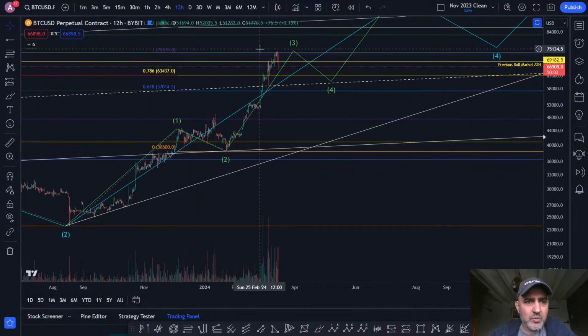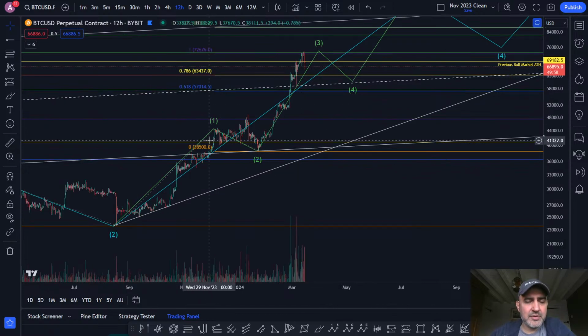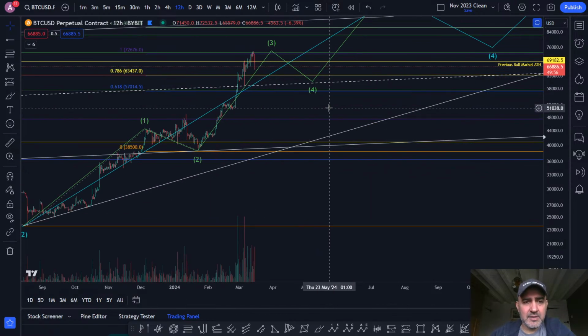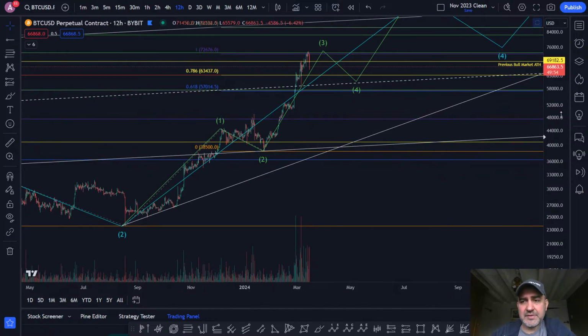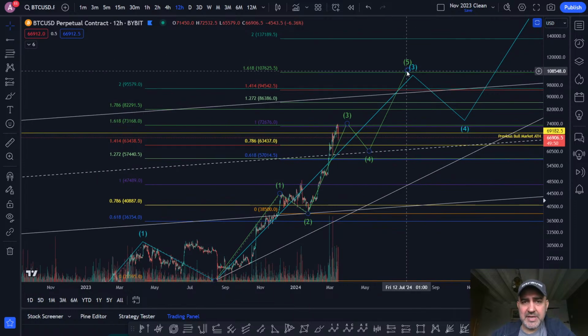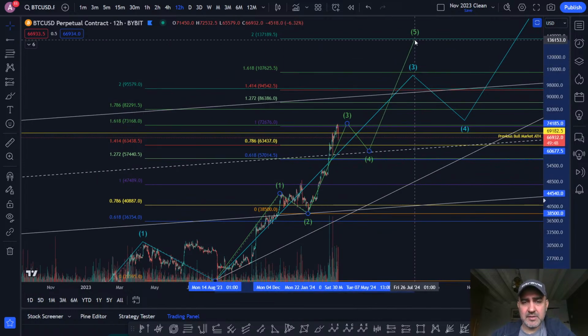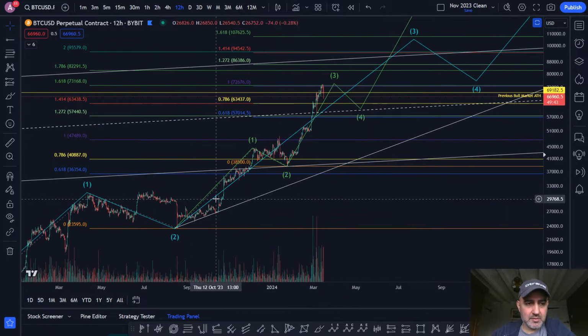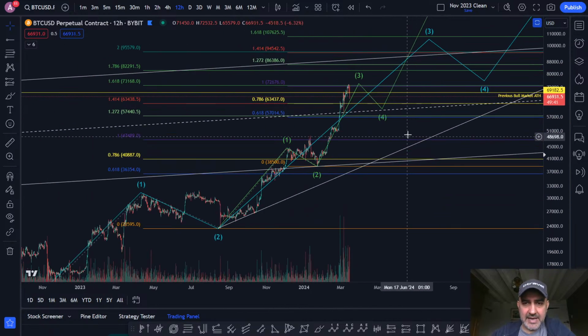It was just above a 1-to-1, which is good because that means the 3 was bigger than the 1, which means the 5 can be bigger. I think the 5 is going to be crazy, by the way. I think the 5 is going to be nuts, personally. Just because. And actually,